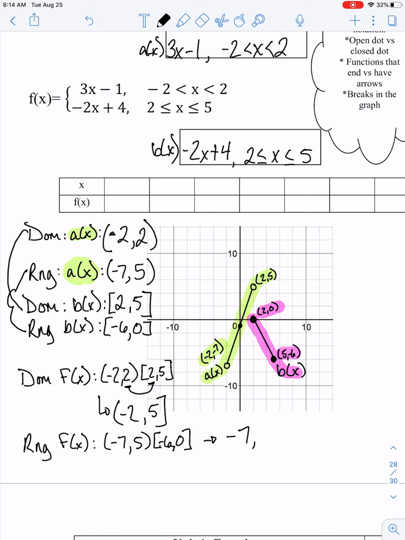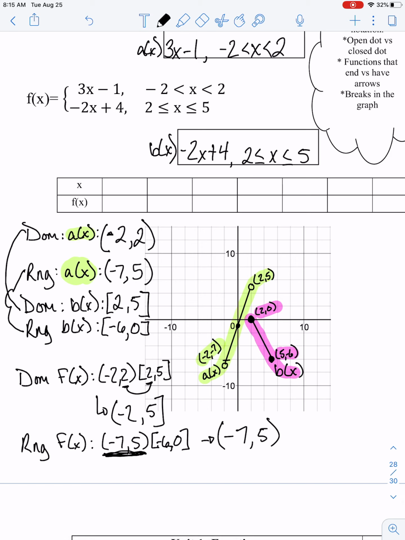It has a bracket. Well, I could see -6 would be right here on this graph. And then everything past up to 0 is still shaded. So it's kind of contained in this interval notation set over here on this side. 5 is the biggest, which is bigger than 0. So -7, 5